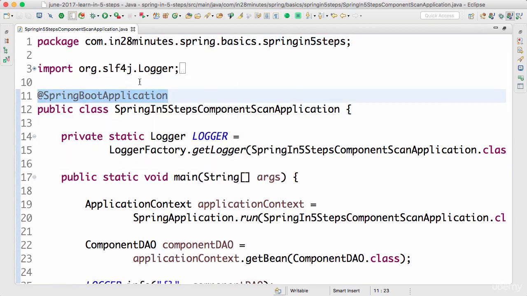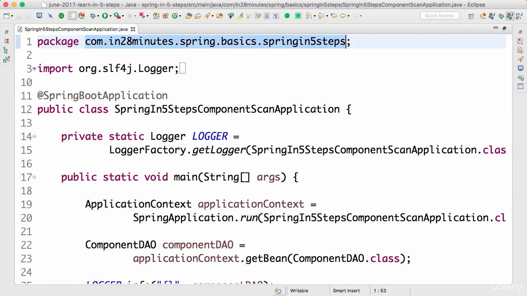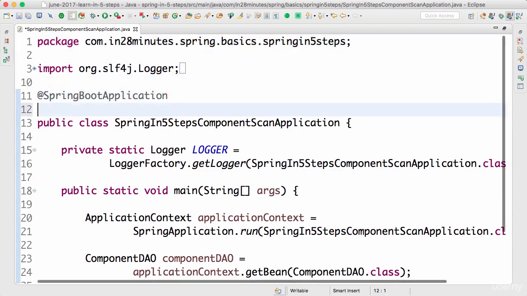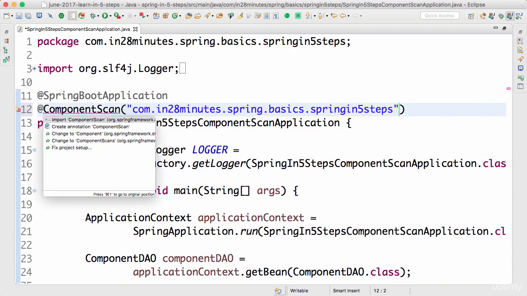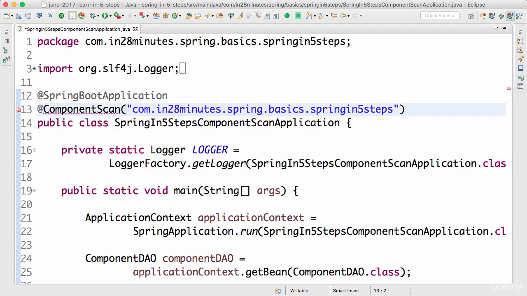Whenever we say something is a Spring Boot application, it automatically defines a component scan on this package and the sub packages of it. So everything in this package and its sub packages will be picked up by that component scan. It's almost like saying @ComponentScan, which is another annotation, and saying I want a component scan on this package. I'm importing the component scan in.